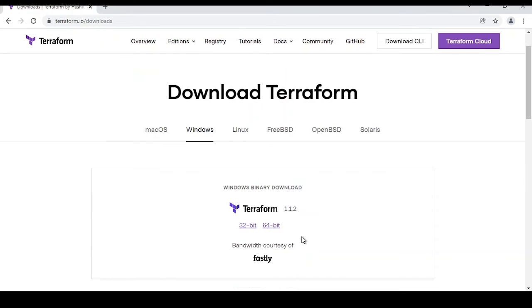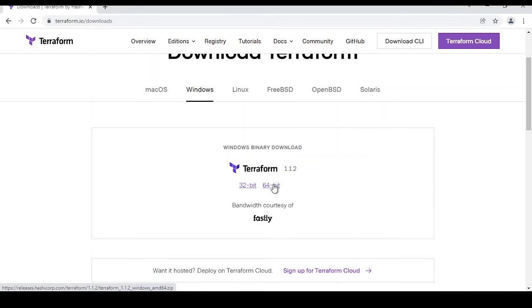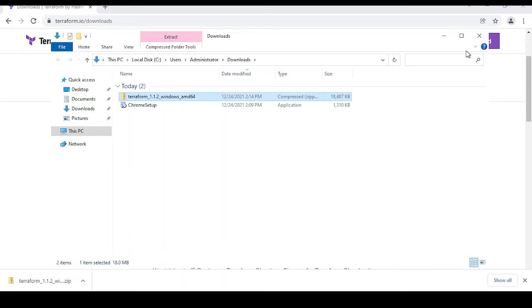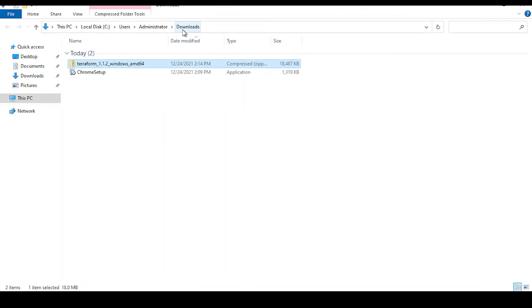So now you go to click 64-bit because I have the 64-bit operating system, and just click this one. So it will start downloading and it will create one zip file. So just go where I have downloaded the file. In your case might be the path will be different. So you just go to that path where you have downloaded your file. So I just go and yeah, so here guys, I got downloaded in my downloads folder.